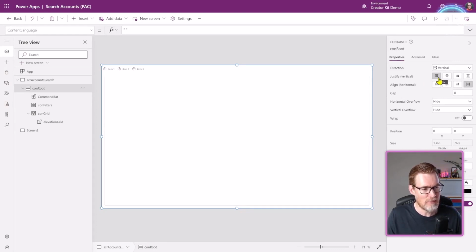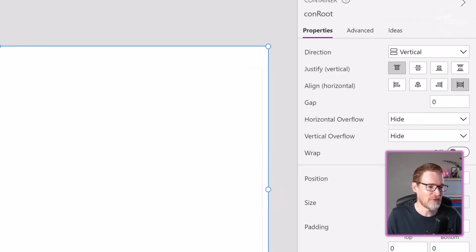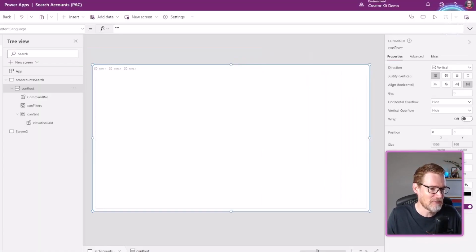So if I want to make them always aligned up to the top, or if I want to make them equally spaced or aligned to the bottom, or center them. And then the same for the horizontal behavior as well, whether or not I want to stretch them. So generally when you're creating responsive layouts, you want to stretch your container so it fills the available width, because obviously that's quite often the way that your user interface will work.